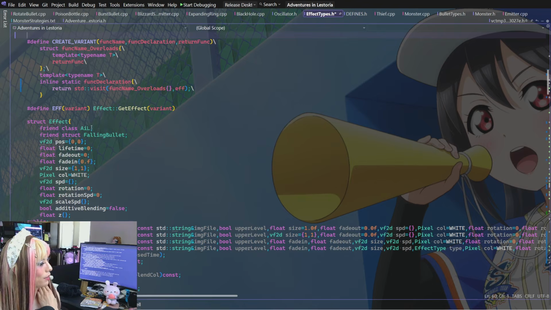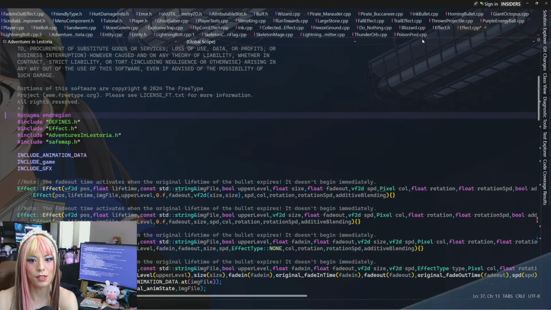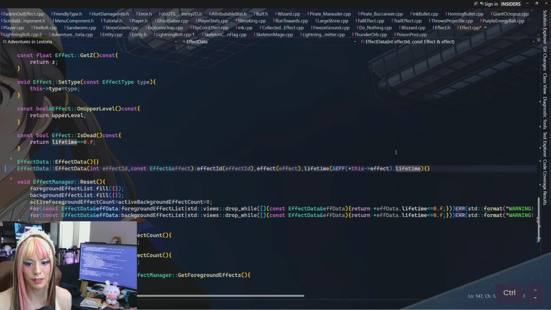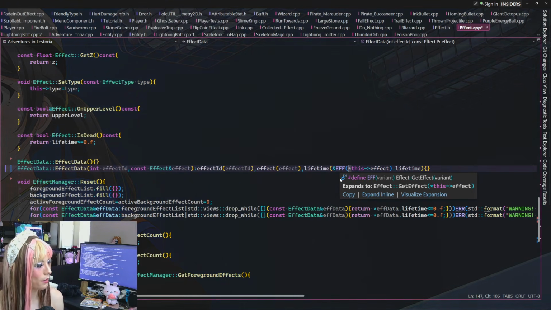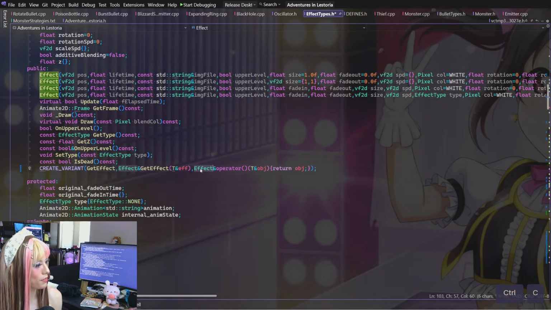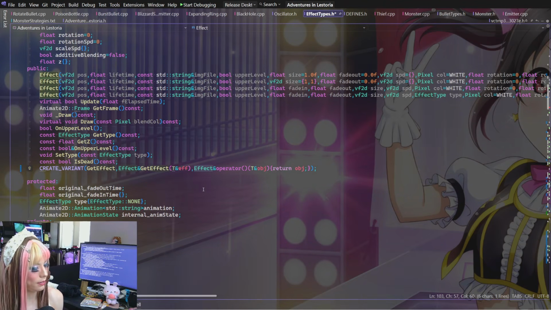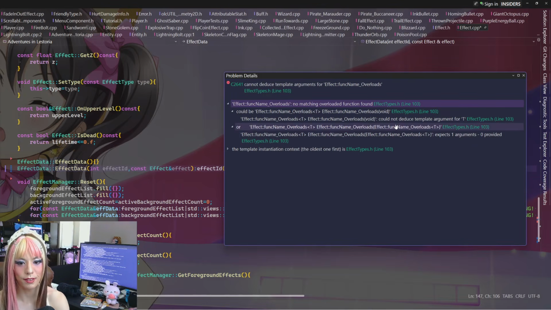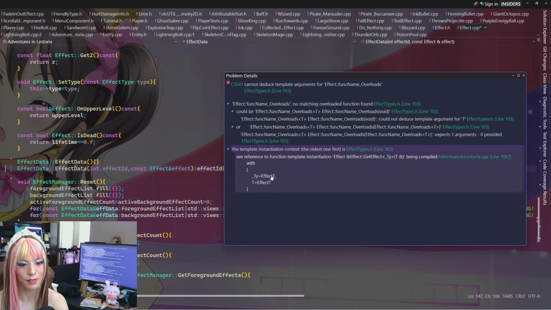Maybe... Okay, well, let's try a different approach then, because it is a template function, right? So, naturally... Let me jump back to where I modified this. So whatever visitor function we get out of this, it's going to be matched here. So I do feel like the T is supposed to come out like this, but then... Yeah, it's just saying, no matching overload function found. It generated, I guess... Well, it doesn't look like it really generated either.